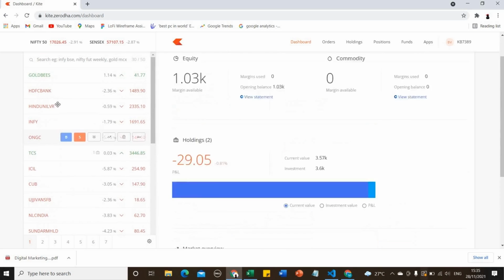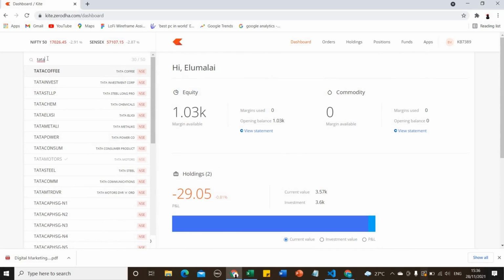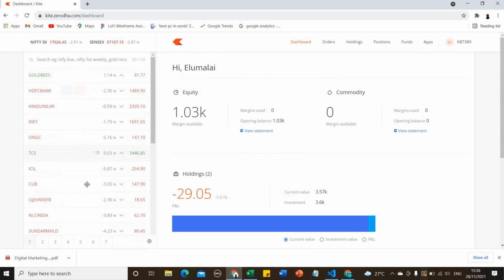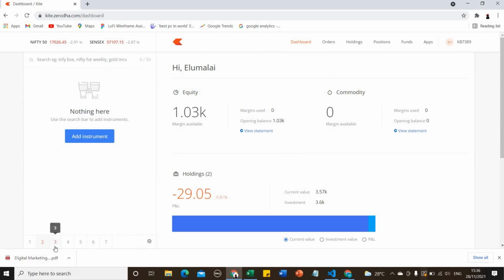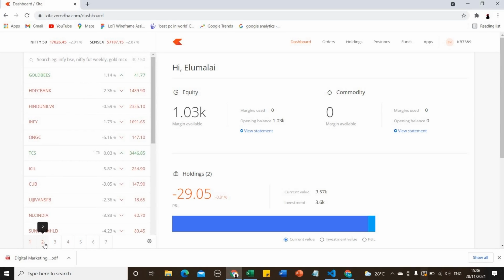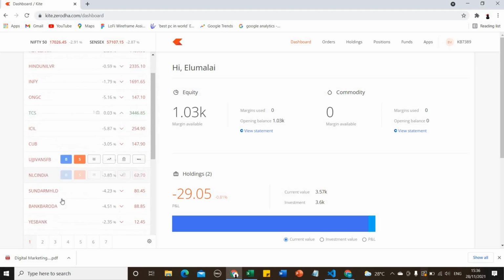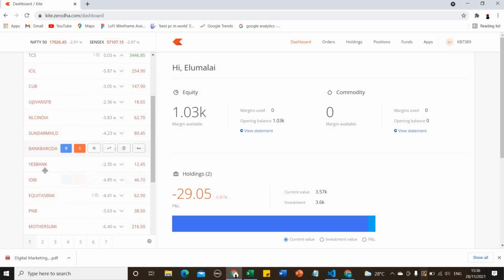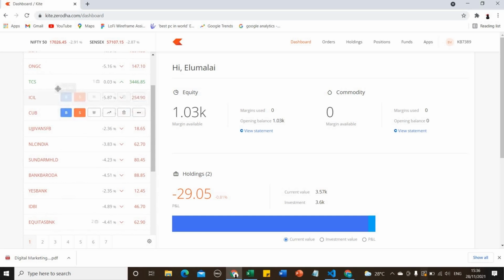These are the stocks. This is the search bar. You can search stocks which you want to buy, NSE or BSE or Nifty. You can also trade every kind of stock here. And this one is for holding. You can see a watch list. You can have the watch list, and you can see the share price of each and every share, and I'm going to show how to buy the stock.